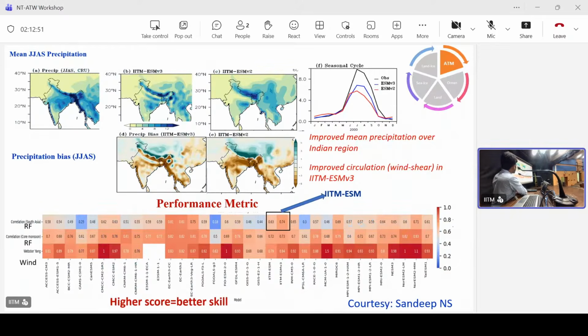And then we compared it with the other CMIP models to see where we stand. I've taken around 35 CMIP models, and this is a score for rainfall, and we have also done it for wind. We see that from 0.63 to 0.74, we have improved the score. That implies we have better skill in the representation of monsoon, and also a better representation of wind shear, that is U850 minus U200. This development is one of the important ones for the monsoon. Since we are a monsoon-centric model, this is very important,